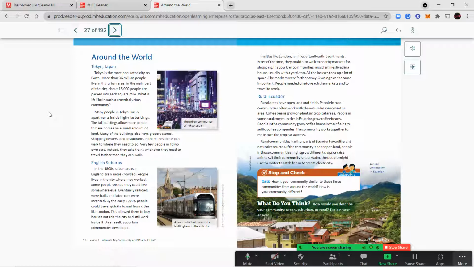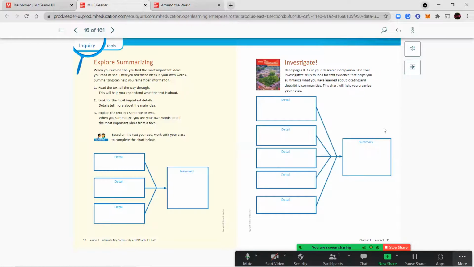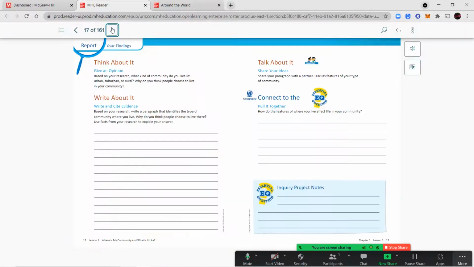So that takes us to the end of our reading for this first lesson, up through page 11. Once you've completed page 11 and filled in that graphic organizer, we're going to go on to page 12. Now, based on the research and all of the reading that we've done about communities, determine what kind of community you live in. Do you live in an urban, suburban, or rural community? And why do you think people choose to live in the type of community that